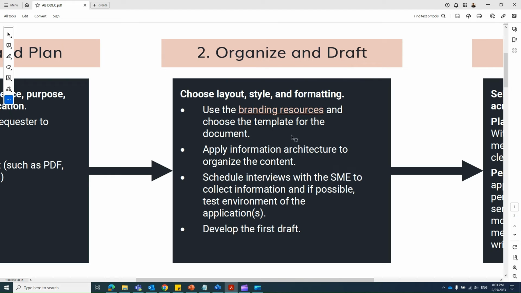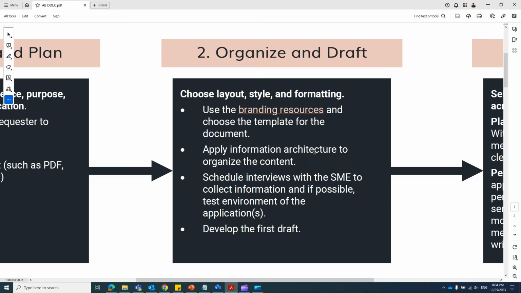Apply information architecture, and make sure that your entire writing team has access to the resources such as templates or logos or any branding resources. Provide a link so that they can have access to that. Then you do information architecture. What is information architecture? It is understanding the perfect way of chunking the information, which information goes where, how the information on the second page of the document correlates or links to the content at the end of the document, the content available at the bottom of the document. So understand the architecture of the content